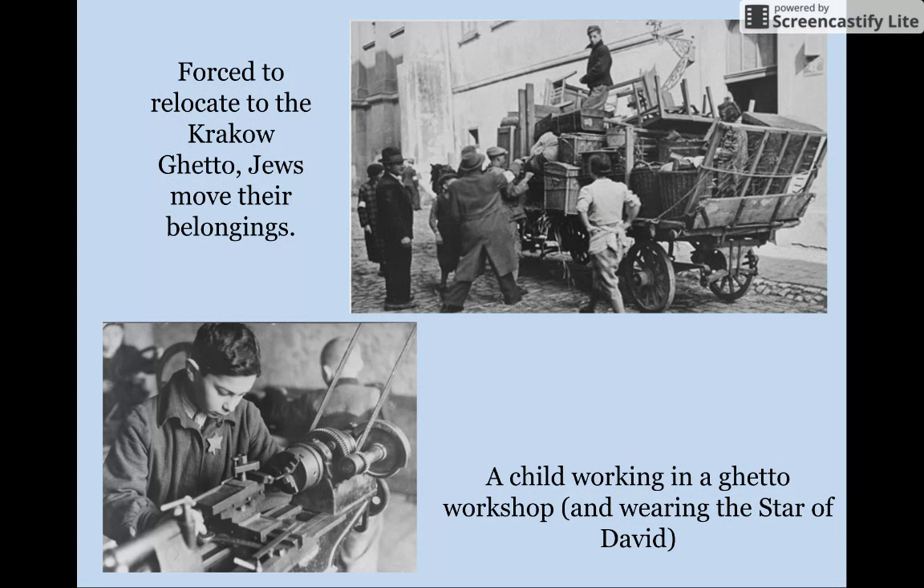Here's a picture of Jews being forced to relocate. So the way that the Nazis would get the Jewish people into the death camps is they would find all of the Jewish people living in a city, and they would force them to move to one section of the city. That's what a ghetto is. A ghetto means that it is a section of a city that is full of one group of people,